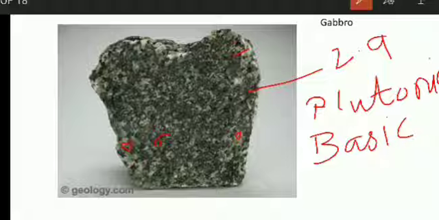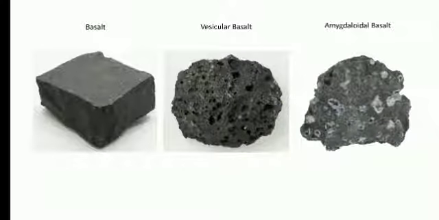Then where can you use this gabbro? As it is a hard plutonic rock, same as granite, you can use it as a monumental stone, road metal, concrete aggregate. You can even use it for facing work. Then tabletops, kitchen tops, all these are the uses of the rock gabbro.